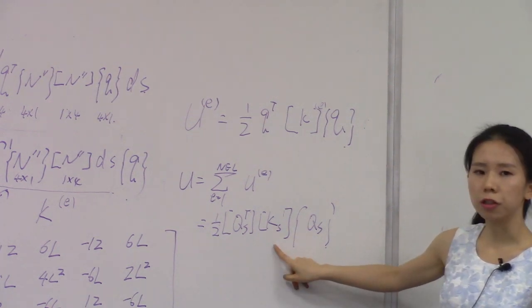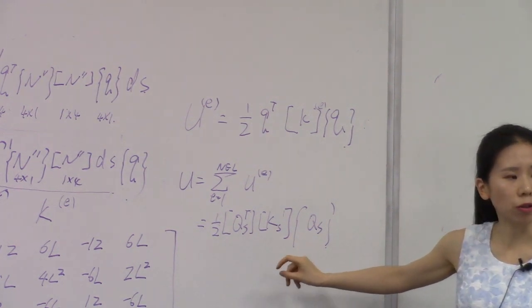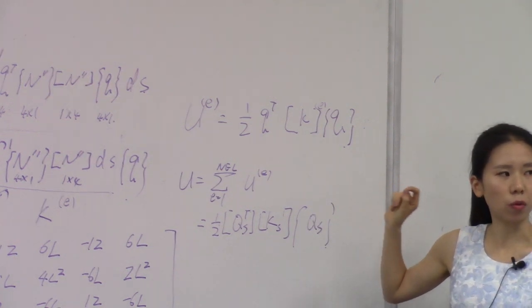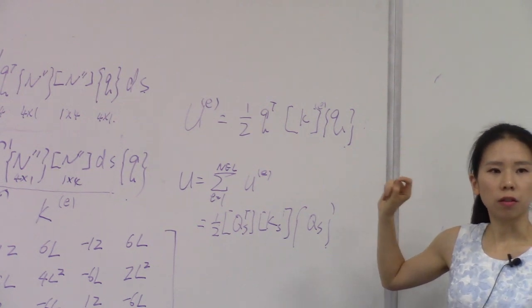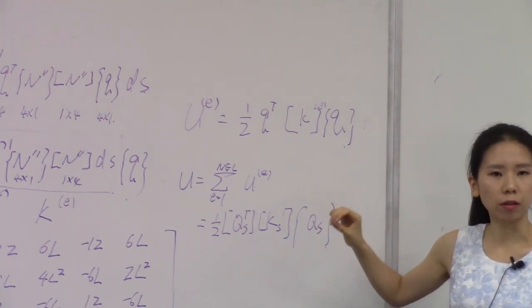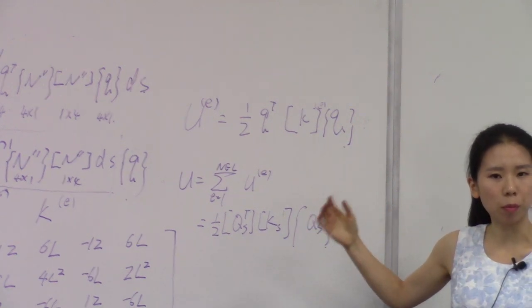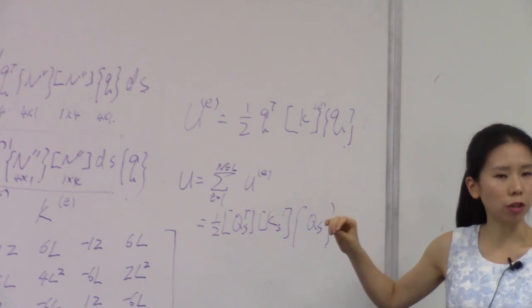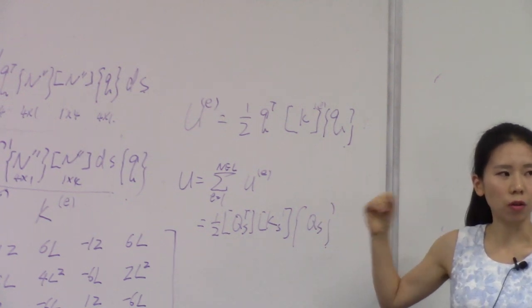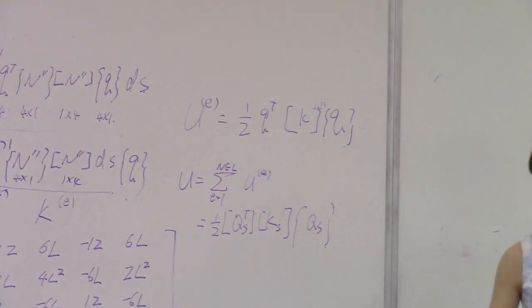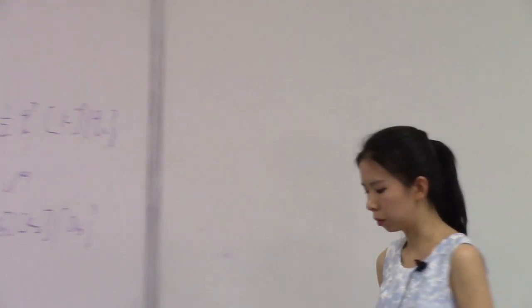So this is a structure stiffness matrix. Do you remember what a structure stiffness matrix is? I think this concept is the same as in your truss problem. So the structure stiffness matrix means that you assemble everything, but you haven't applied the boundary conditions. Remember? And after you apply the boundary conditions, you delete rows and delete columns. It is called the global stiffness matrix, right? Yeah. You should remember that. It's the same thing as in your truss problem. So this is the strain energy of the beam problem, and now we calculate the